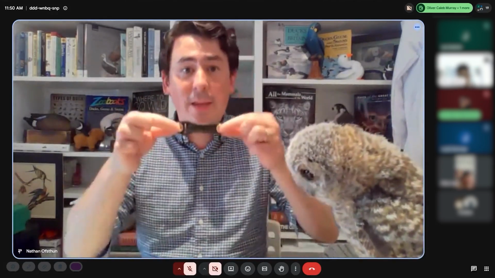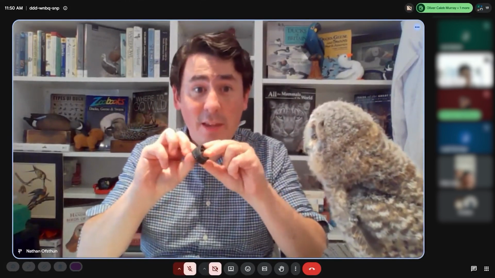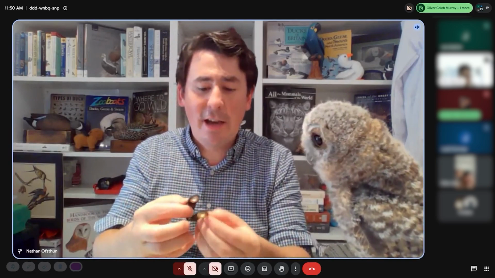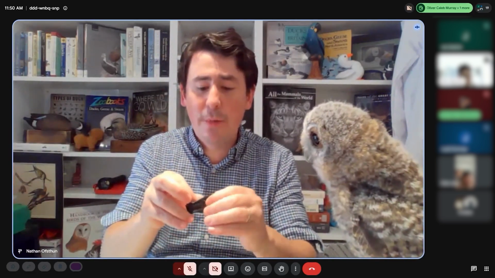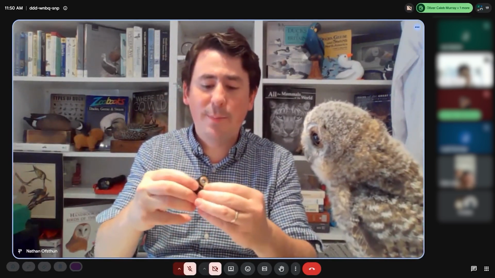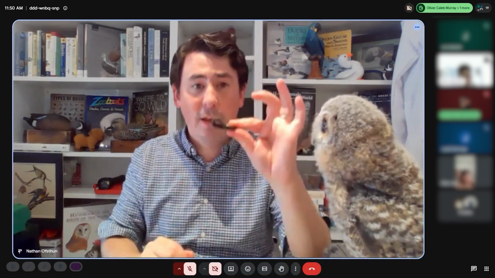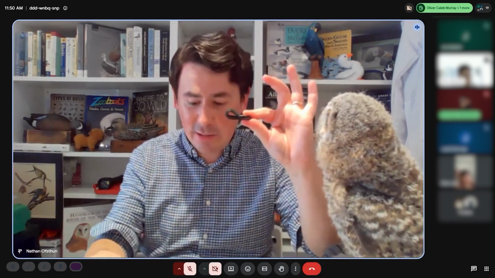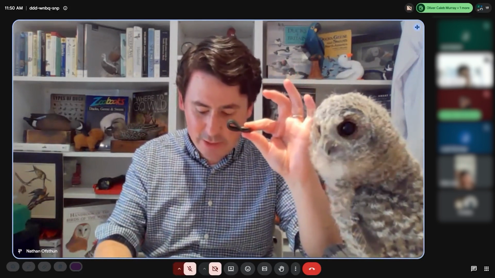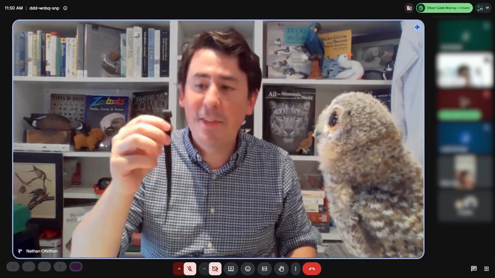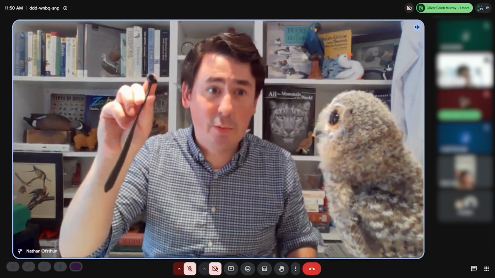So what I've got here is something called an anklet. And this anklet eventually is going to go around his ankle area as a ring. I'm going to do this right in front of you. These right here have these brass eyelets, these brass rings, that when I put them into each other, they form a clasp. And into these anklets, I am going to put something called a jess, J-E-S-S. And the jess has a knot at the top called a grommet.